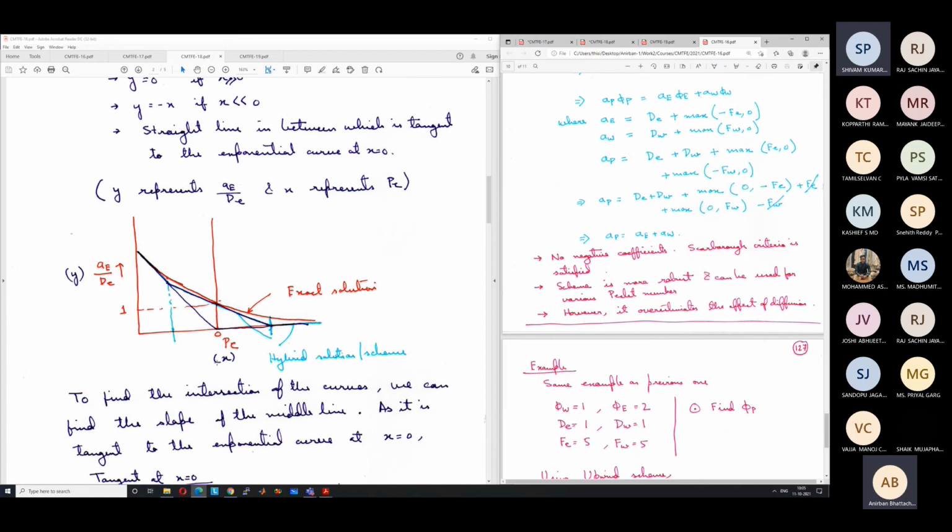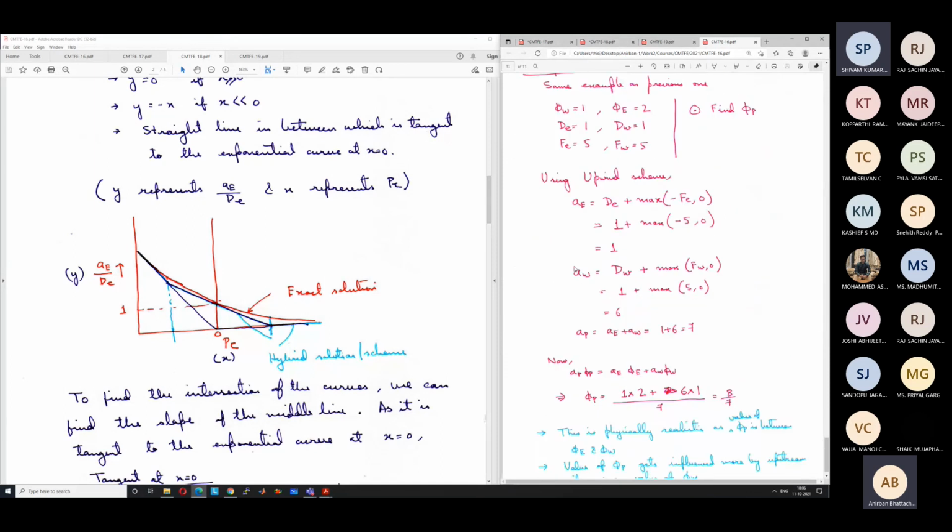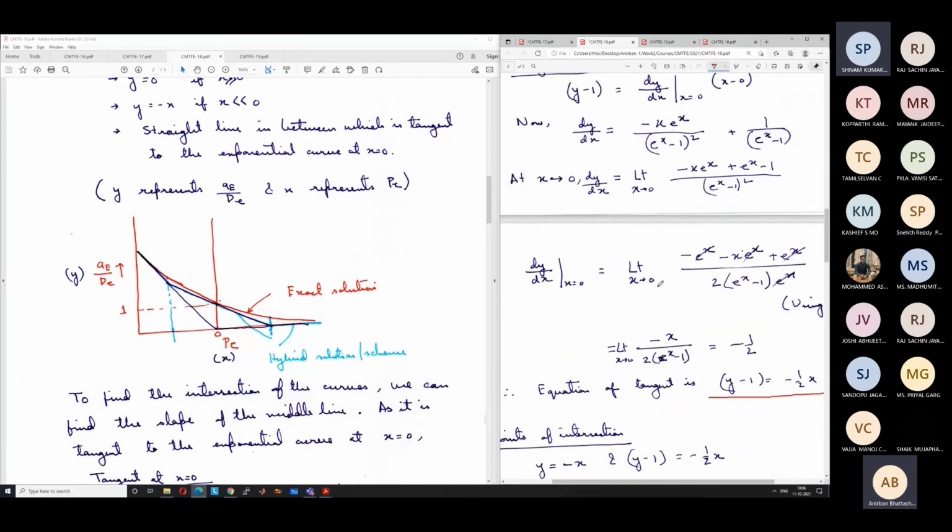As I was saying, there can be thousands of schemes. You can even develop your own scheme. You can search the literature, find out what schemes are available, and find a new curve fitting. You can claim that this is the accuracy of the scheme and this is the computational expense, and you can publish a paper also. Many people are doing research in that direction. One of the schemes which very accurately mimics the behavior of the exact solution is known as the power law scheme. It is very accurate.